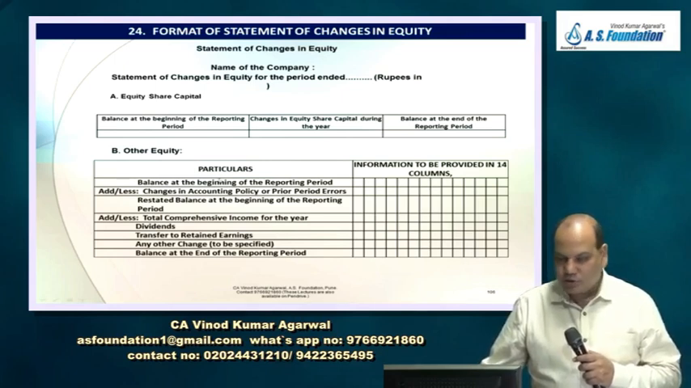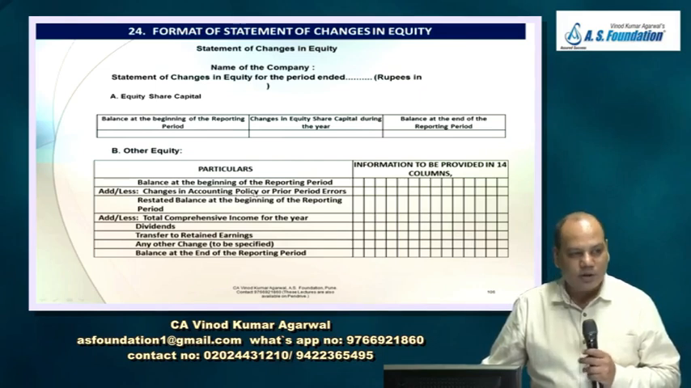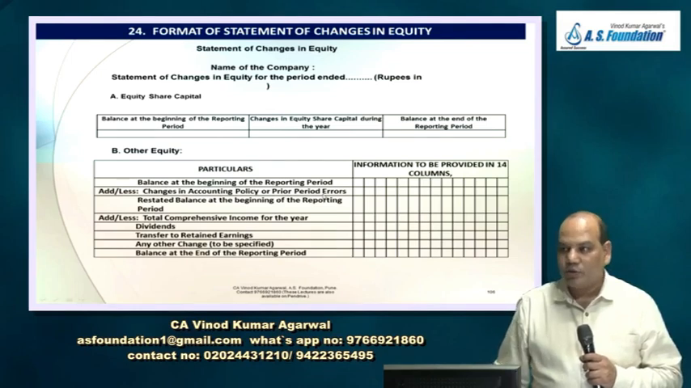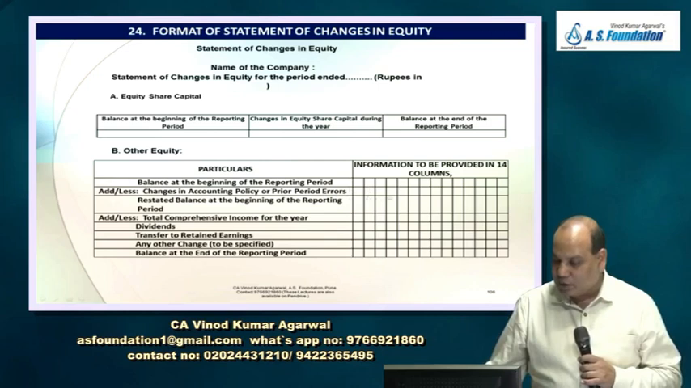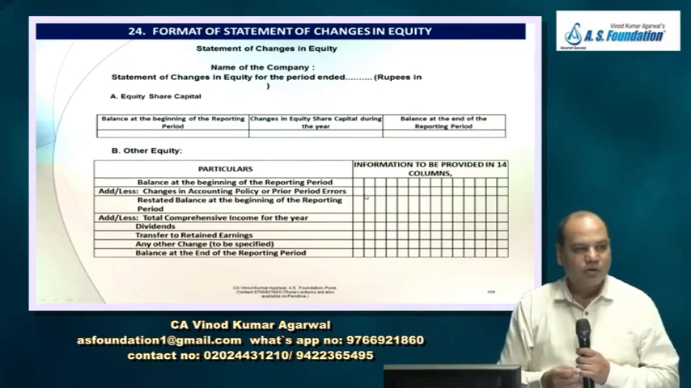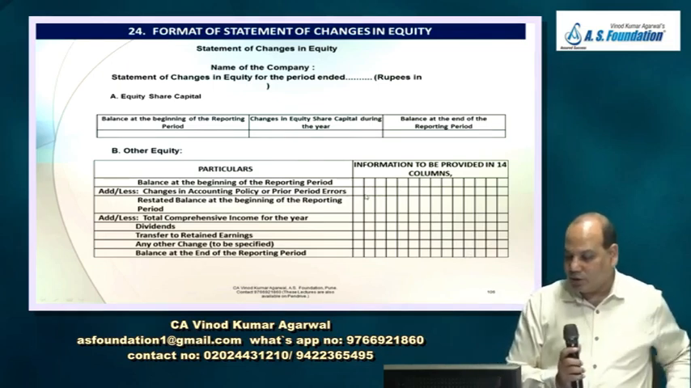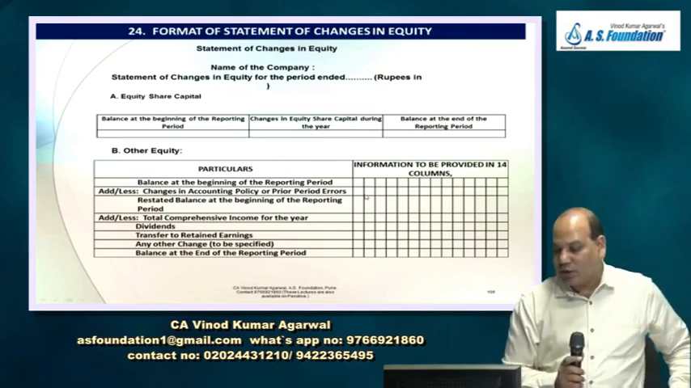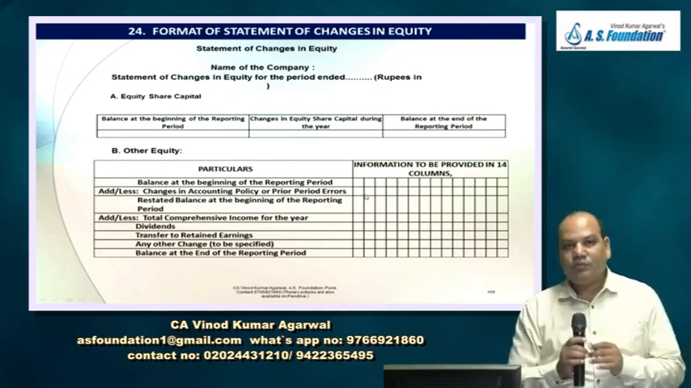What will be the basic structure of this SOCIE? First, you will write balance at the beginning, add or less, change in accounting policy or prior period item. So if there is a change in accounting policy or prior period item with retrospective effect, because of that the opening balance will undergo a change, because you have to bring forward the effect of that change in accounting policy or any prior period error. You will get the restated balance at the beginning of the reporting period,